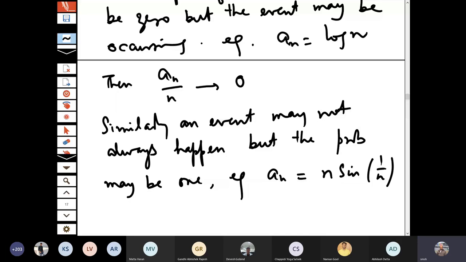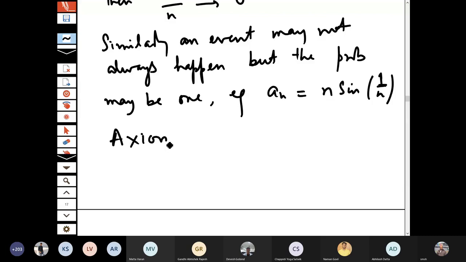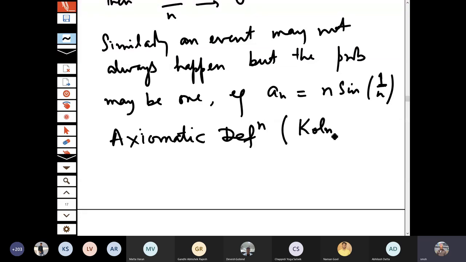So after looking at these methodologies of evaluation of the limits of the probabilities, then in the scientific circles, it was thought, can we have a mathematical foundation for this? So then we got this axiomatic definition. I mentioned the third name yesterday. It is by A.N. Kolmogorov, the Russian mathematician, in 1933. This is based on a little bit of formal structure.